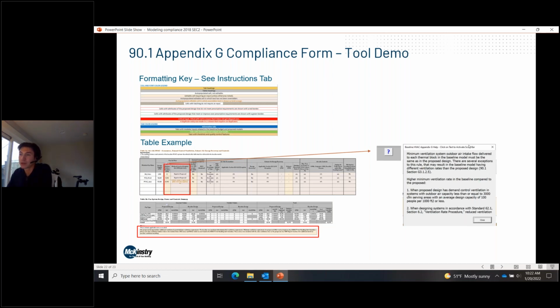I wanted to highlight that throughout the workbook, there are these little question mark buttons that you can click on. This is also one of the main things I thought was super helpful about the workbook. When you click on the button, it gives you some guidance on what the cell's asking for and why it's asking for that, and it's referencing Appendix G. So it's just another source and interpretation and guidance on how to do Appendix G modeling. So you can add that to your list of resources.